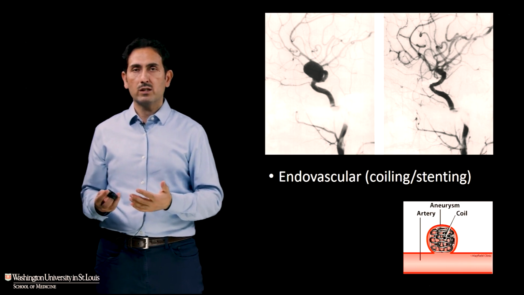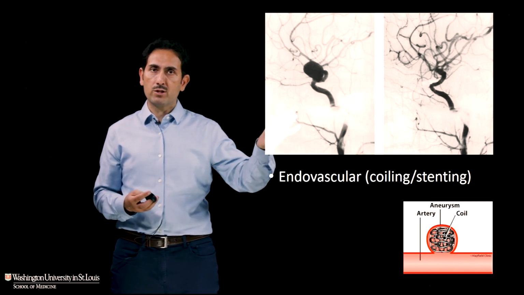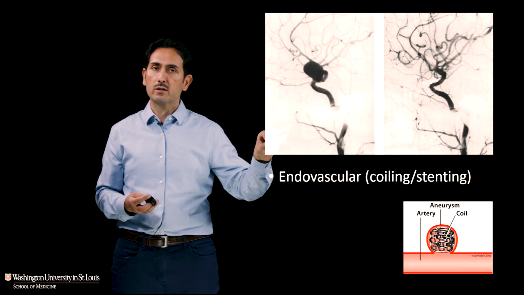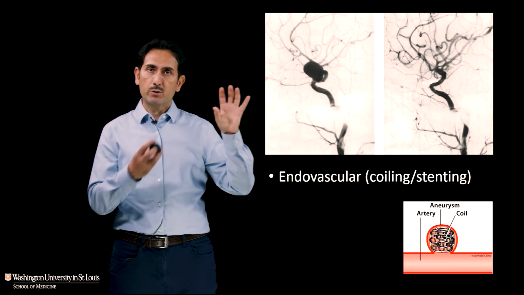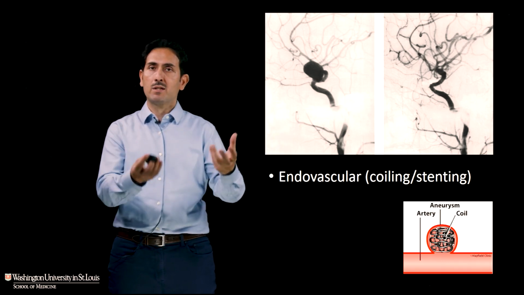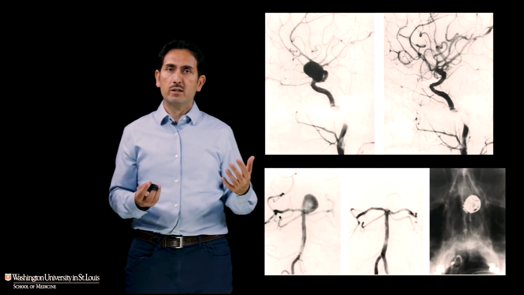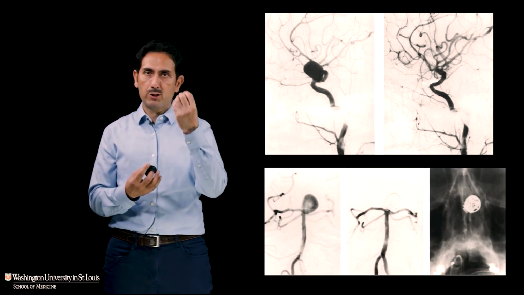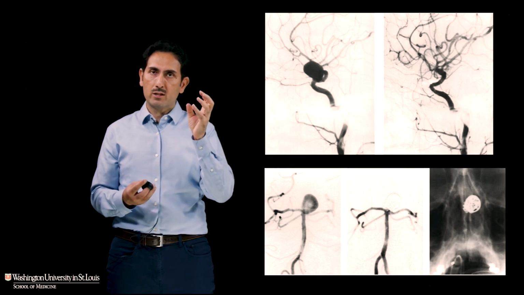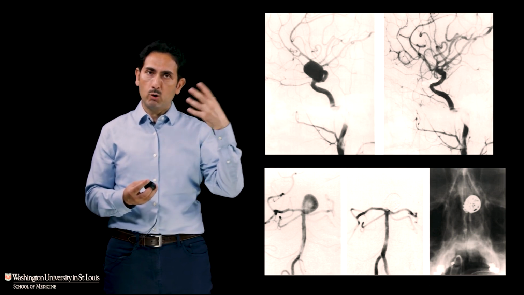However, the advantage of surgery is that if it does bleed, you're right there, the surgeon is there and is able to treat it and stop the bleeding. The other advantage is while you're in the brain, if there's a blood clot, you can sometimes remove it or drain it, and that can also be helpful. What about coiling? Well, coiling is putting coils, which are detachable metal, inside the aneurysm, and that causes the aneurysm to clot off and then won't have a risk of bleeding.